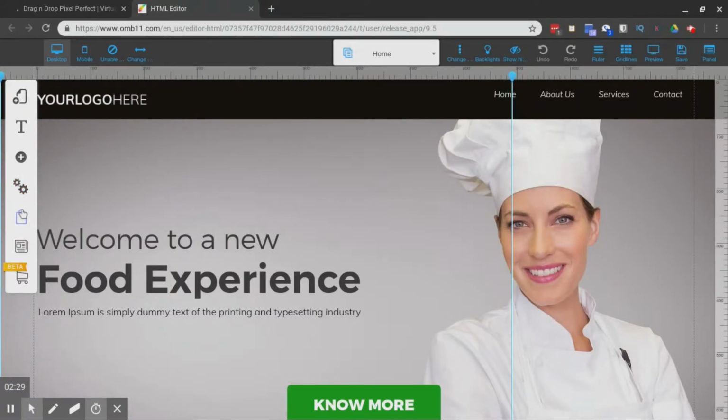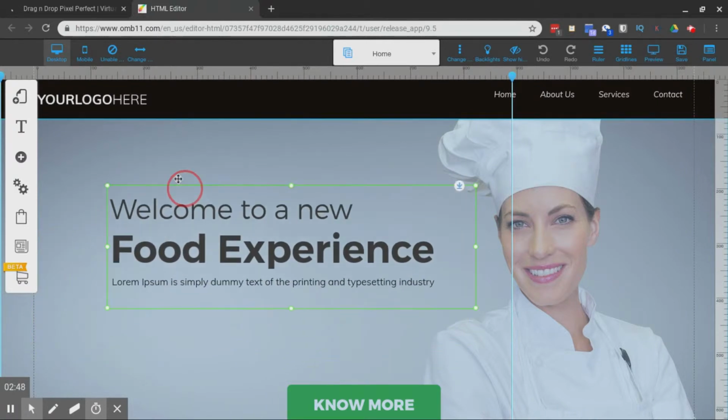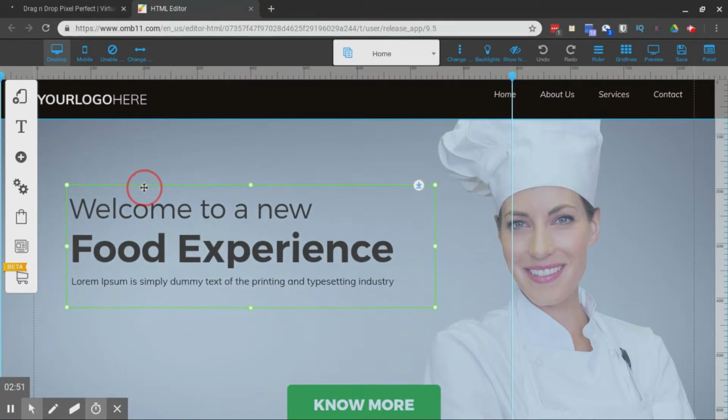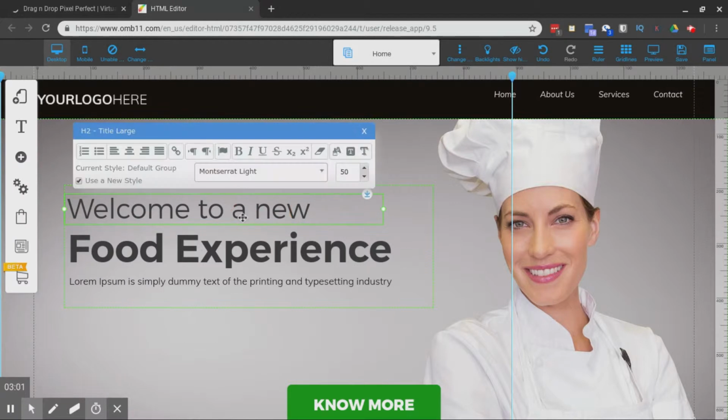If you were going to do like an e-commerce or a blog, these are all on here to show you, you could literally add any and everything to these sites. So I'm just going to show you how easy it is to move stuff around if you wanted to. And so by clicking on something, it makes it editable, and you can grab and move something exactly where you wanted it to. And if you wanted to change the wording, you would just double click on it, and it's going to pop up, and then you can basically change the way that it is